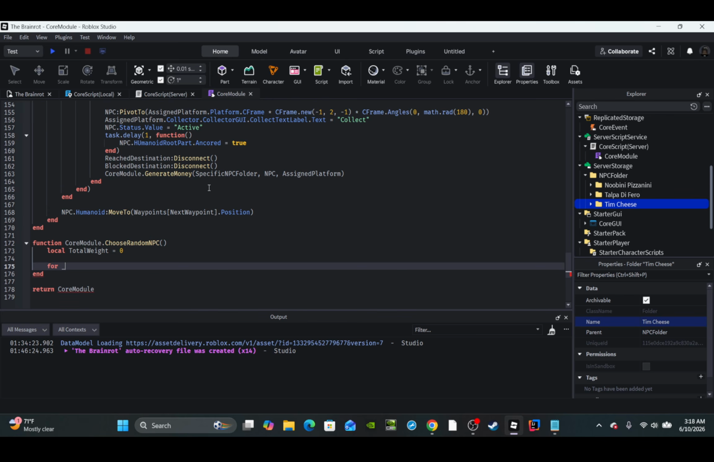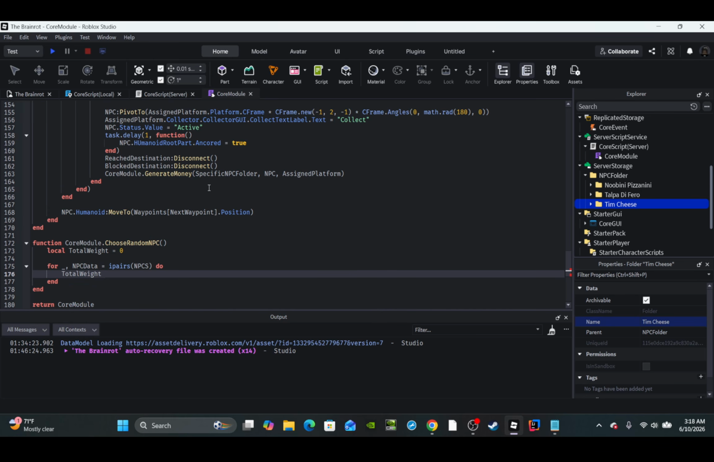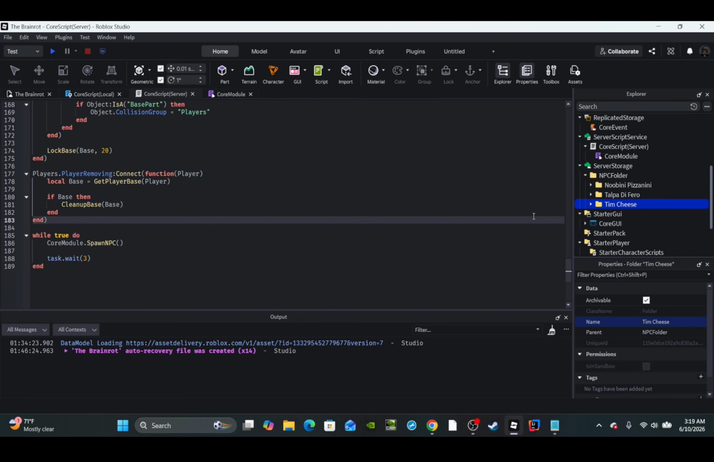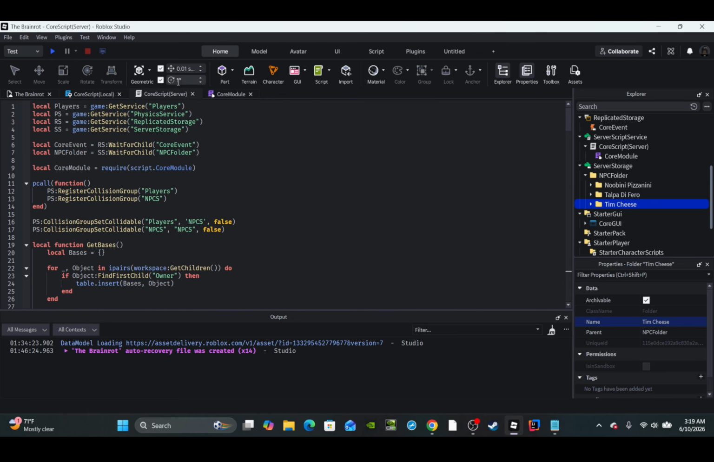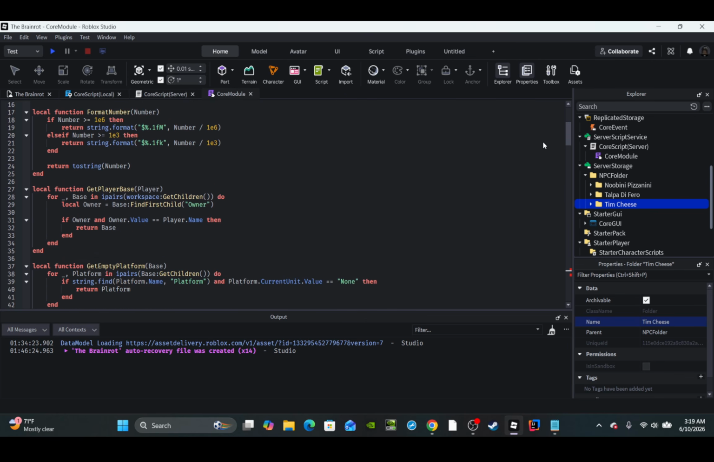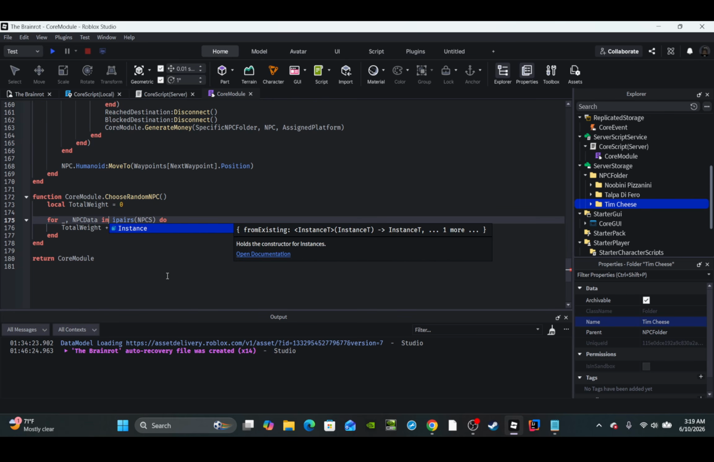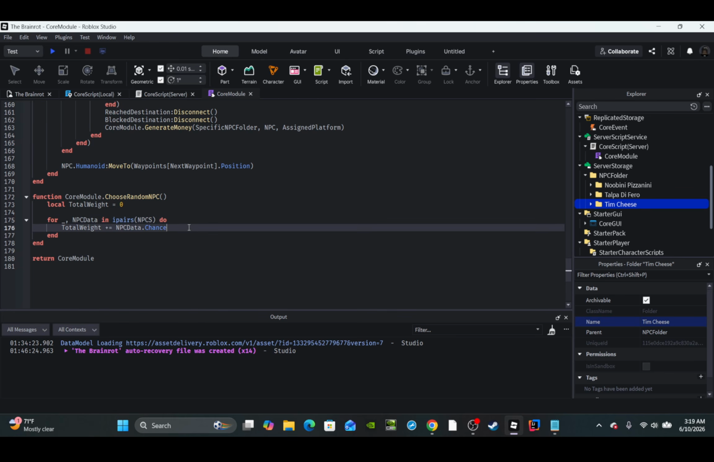Then we use a for loop for underscore comma NPC data in ipairs NPCs, right? Enter. That would say total weight plus equal NPC data dot chance. I think is that what I named it? I really don't remember. Where did I even put it? Oh, it is here. Okay. Yeah, it is chance. Okay, cool. Oh, so say ipairs. Okay, there we go. Plus equal